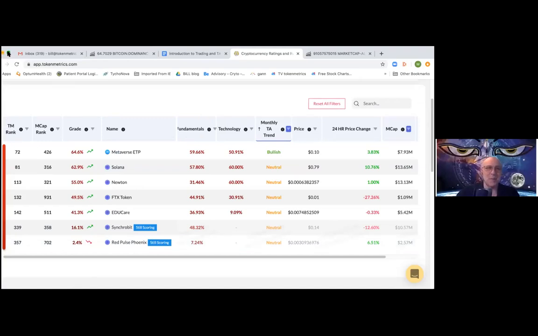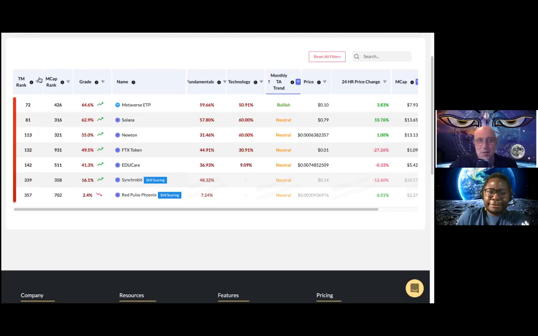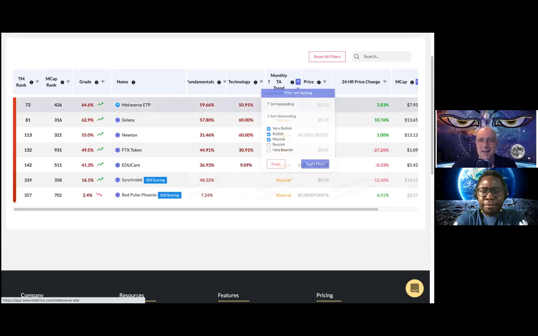My father was a stockbroker from 1974 to 2000. And stocks used to be rated from A to F. And he used to say, sell the A's and buy the D's, because the D's are where the upside is. Now, I don't know anything about most of these tokens, but what I did do was I said monthly TA is either very bullish, or neutral, right? Okay. And then I just said,